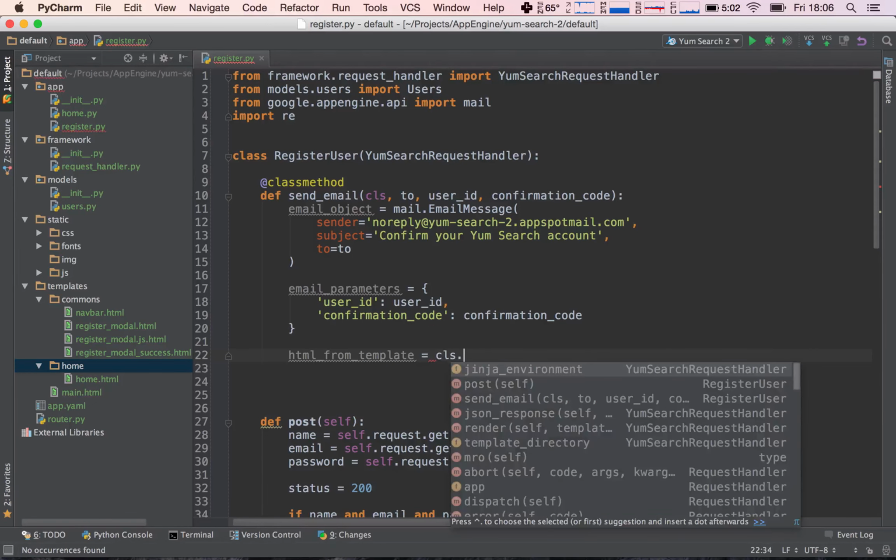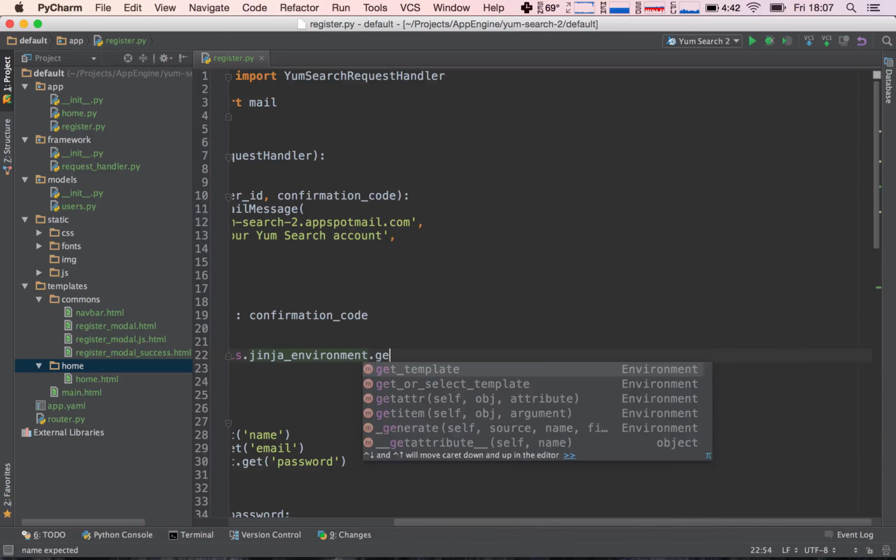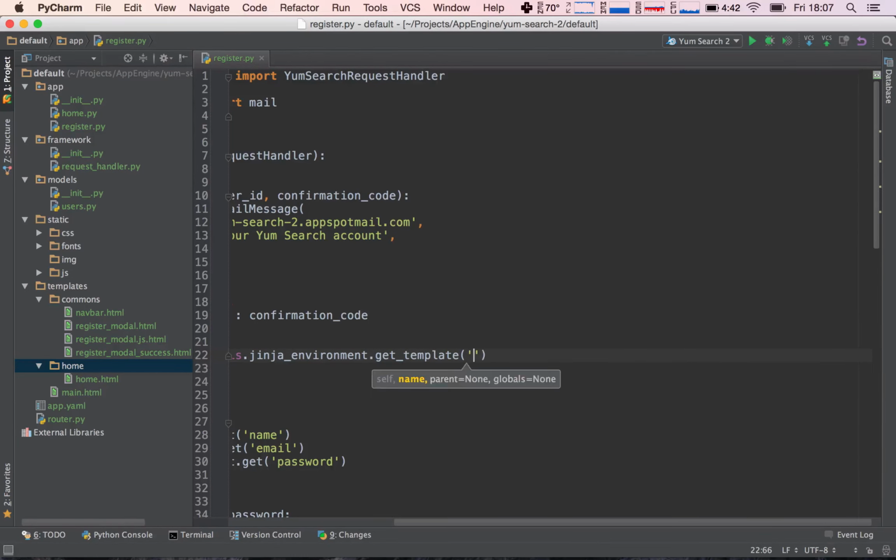is equal to cls, because this is a class method. So it's basically the same thing as self, but since we're using a class method, it's called cls instead. So cls.jinja_environment.get_template. Okay. Now we still haven't created a template, but we will after the fact. So let's just go ahead and point this get_template to a directory and file that we will create in the future. So for now, let's just leave it at email/ because this is going to be in the email folder. And now we can call this file, for example, confirmation_email